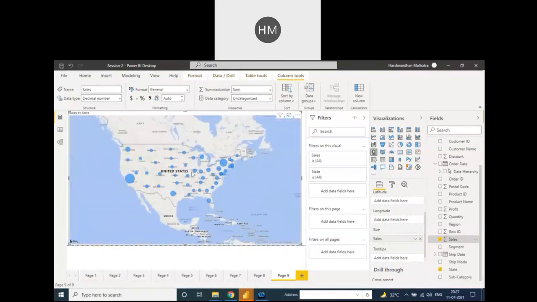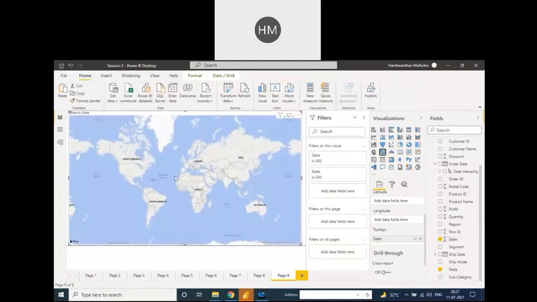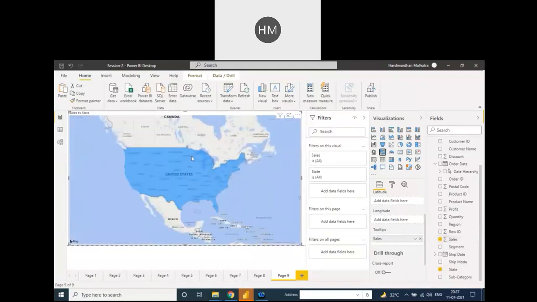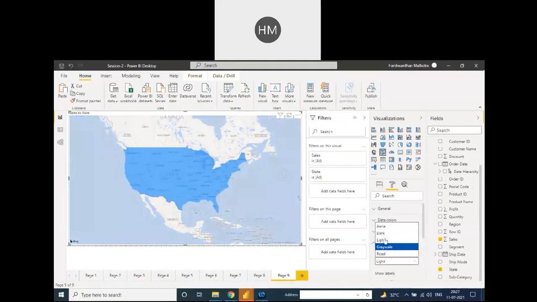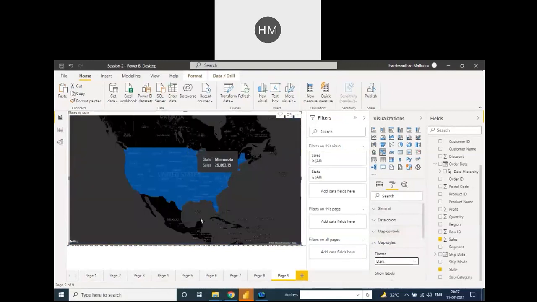Then you need to search for United States, because in our data we have only United States data, and under that these are the complete states. There are also multiple map types like the filled map. You need to click over there, and it's a filled map. See, the United States complete filled area. And you can format as per your requirement, like the map style. Suppose we need light or we need dark, so you can choose this map style also. Okay, complete United States in one chart.